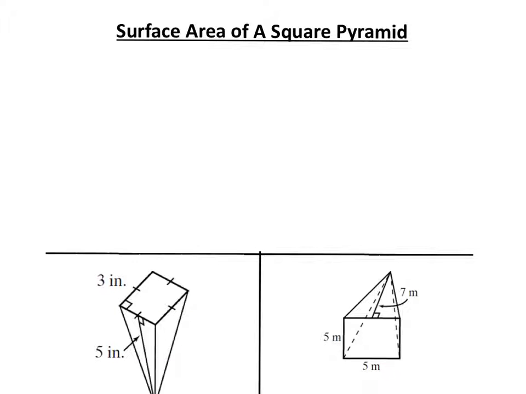Now let's take a look at surface area of a square pyramid. Once again, let me remind you that surface area is dealing with the outside. And since we're dealing with a square pyramid, just know that all the bases will always be a square for anything you're assessed on. But in order to do this, you need to find the sum of